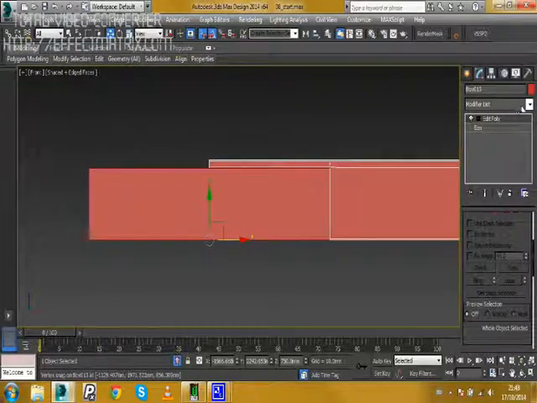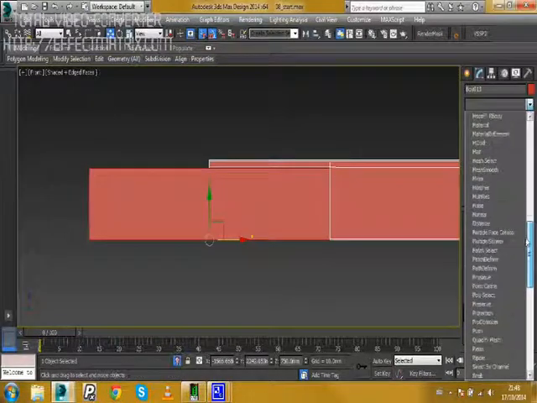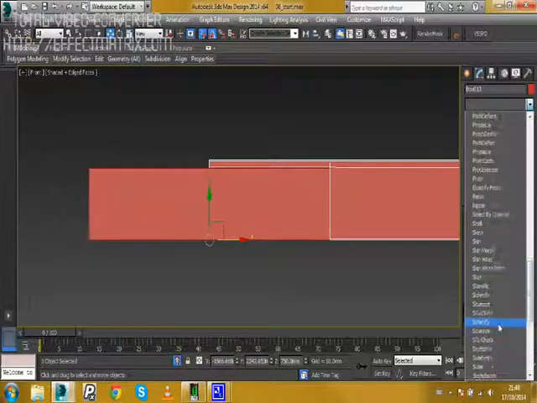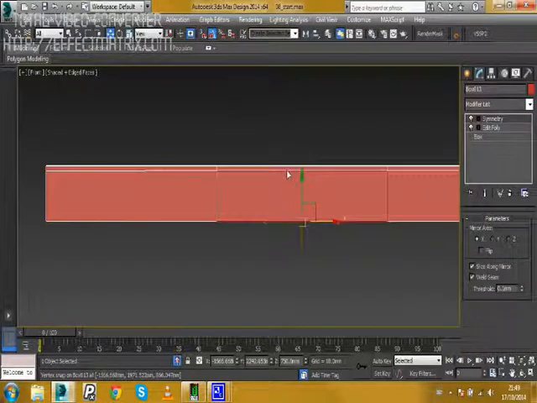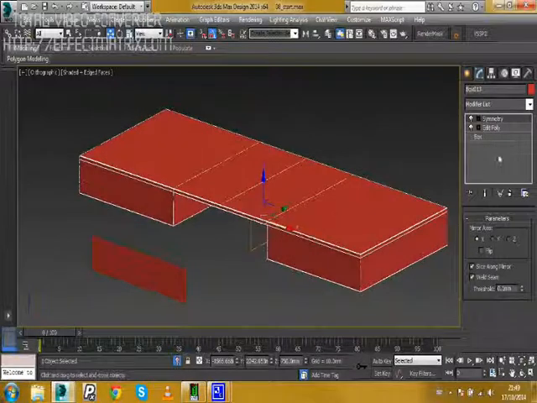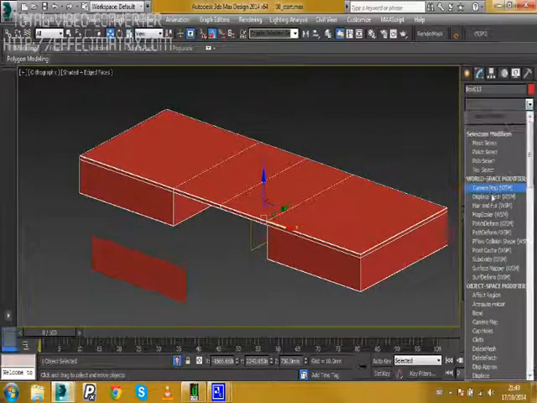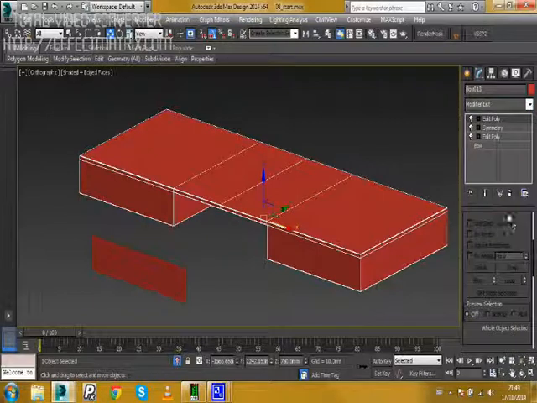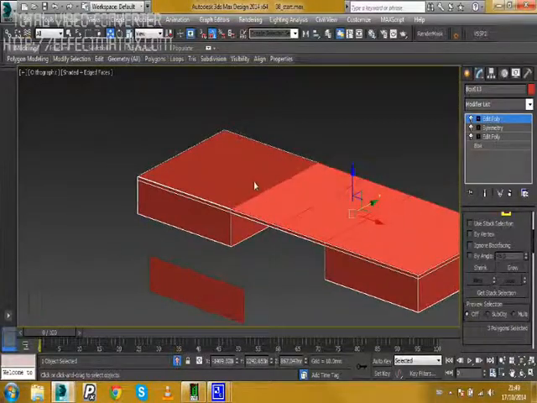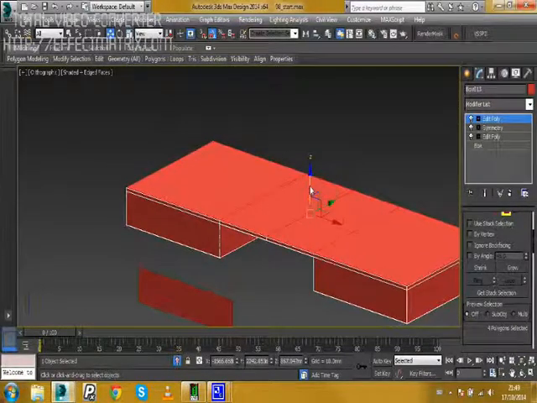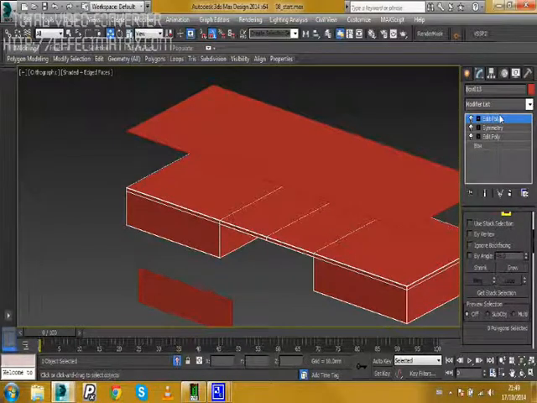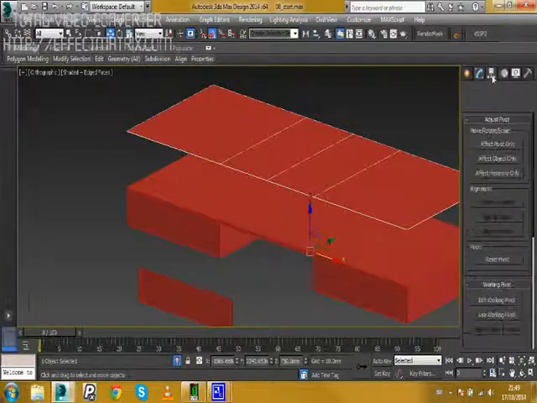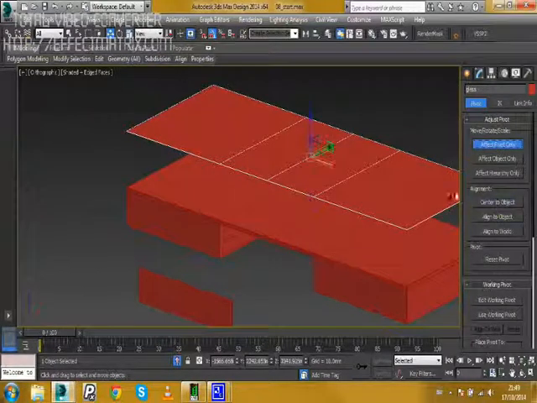Okay, so we'll just apply our symmetry modifier now. And you can see it's just replicated this half. Perfect. So over your symmetry modifier, we'll apply an edit poly again, and select the top faces of the table. Just going to shift and drag this on the Z axis, clone to object, and we'll call this glass. Deselect your edit poly and select our glass object. Just going to adjust the pivot to the center,